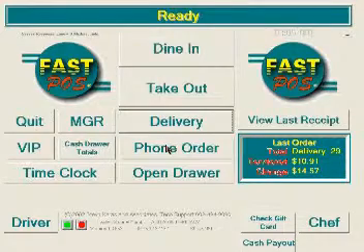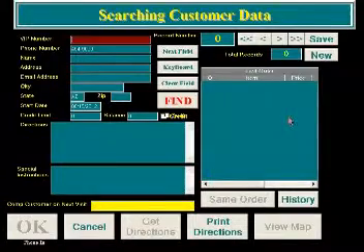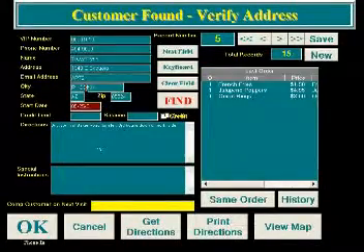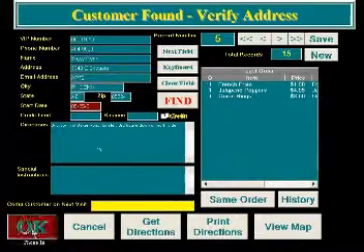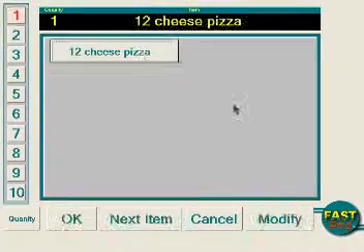Now let's take a look at phone orders. This kind of works the same way. I'm going to put in the telephone number, 9090. Once again, that's without the area code. You'll want to use area codes. It pulls up the customer. Last order, I could hit same order. I can go OK and put a new order in, and I'm going to do a pizza for them, 12-inch